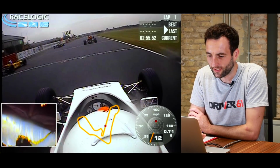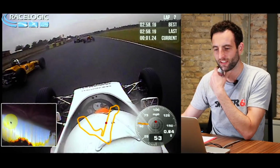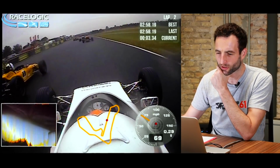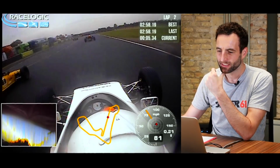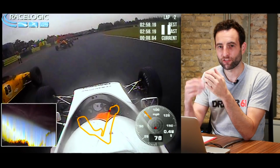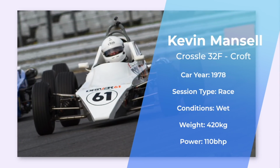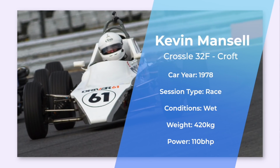So we're on the grid here, and actually we're straight into the race. You can see that he's got a little bit of wheel spin. I think he qualified 5th here, looking to go up the inside of this driver. Now, actually, I'll just stop the footage here because a lot of this first lap, your confidence on the first